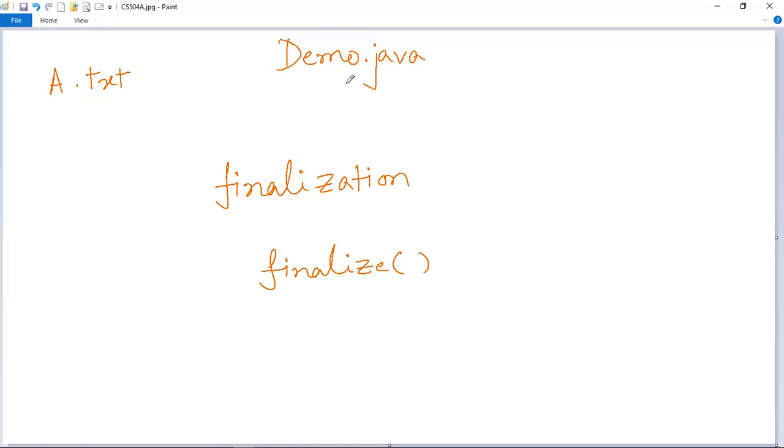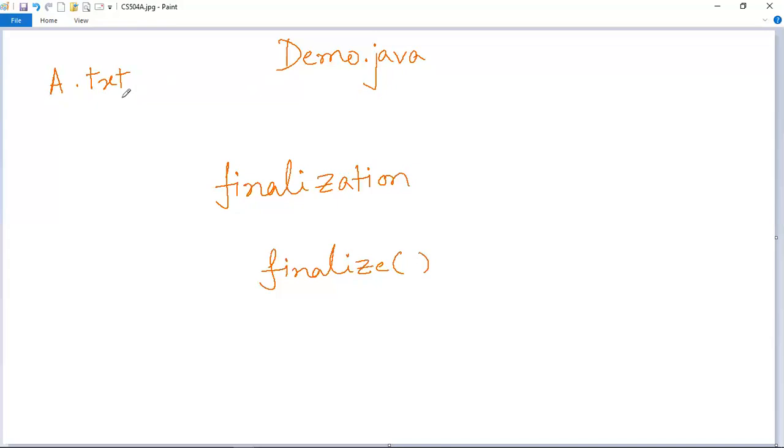This text file is a non-Java resource. That means if your Java program is holding some non-Java resources, those resources must be detached from the Java program before the garbage for that program gets deleted.